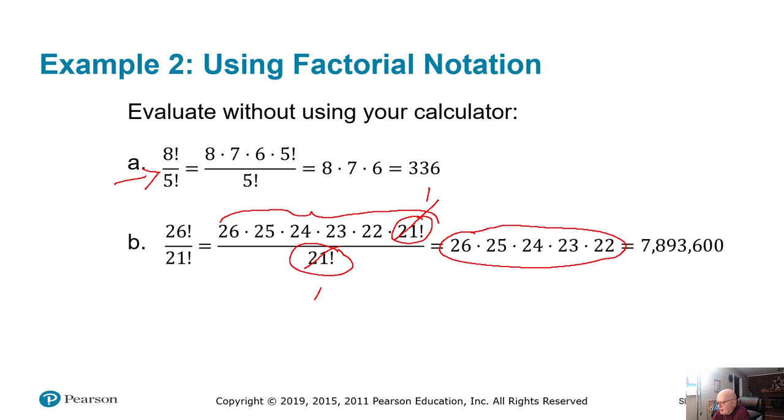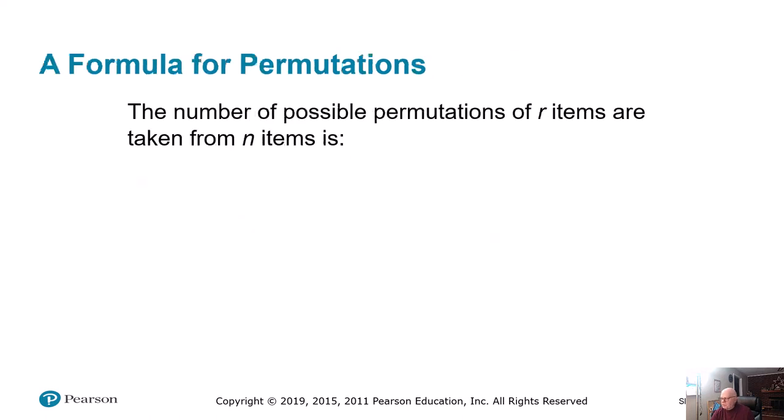And this is where even the best of us at arithmetic are probably going to resort to using a calculator. So 26 factorial over 21 factorial is over 7.8 million. Okay, now